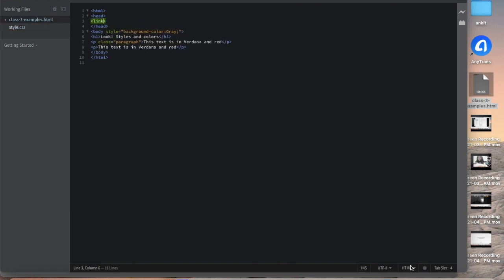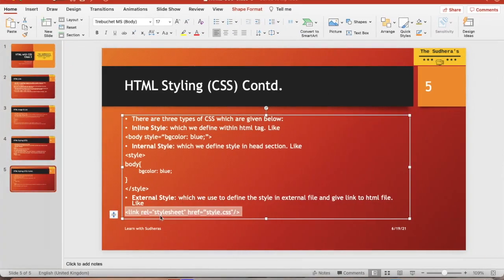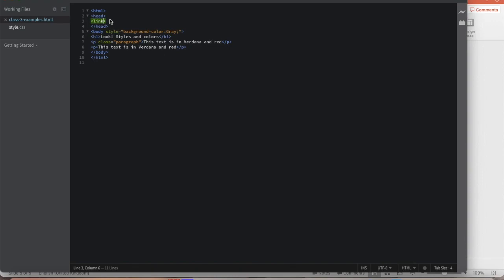I also mention it here for your reference. You can just copy or you can write it. So basically this is the most important external style, everyone is using.